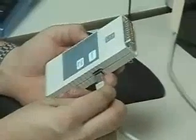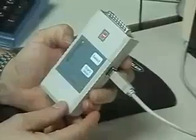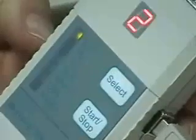So where we start with this is that you plug in the unit and it'll come up with a message saying DS2, and the top level menu is geared for the CNC. So what we're going to do, since we're on the PC side, is we're going to hit it once and be in item number 2, which is PC, and we're going to start a connection. You'll notice that it recognizes that it's plugged into a USB